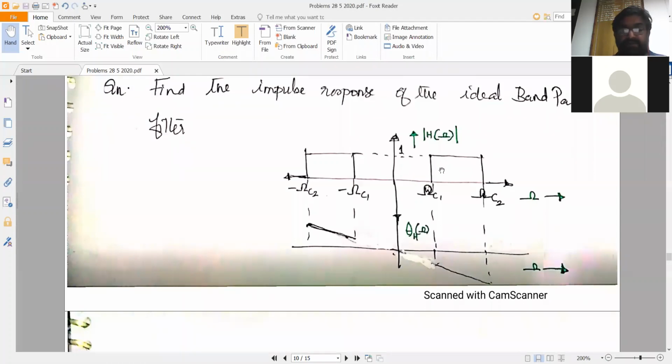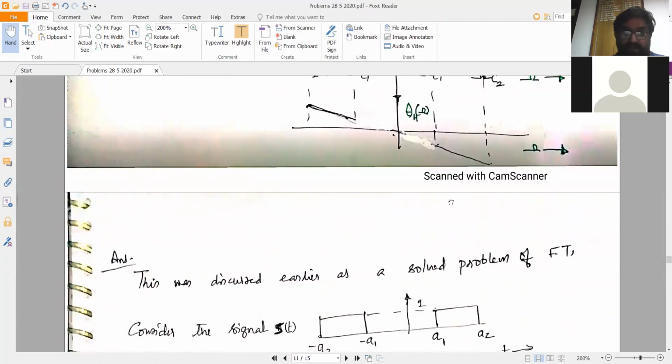Absolute bandwidth, in the sense that you don't have any half power points here. So omega C2 is the pass band edge as well as the stop band edge, which means that any frequency above omega C2 will be in the stop band, and any frequency below omega C2 but greater than omega C1 will be in the pass band. So omega C2 is a demarcating frequency. So omega C2 minus omega C1 is known as the absolute bandwidth of the ideal band pass filter.